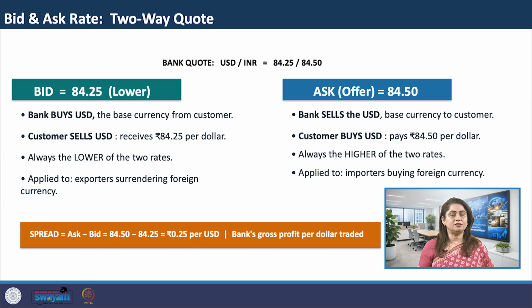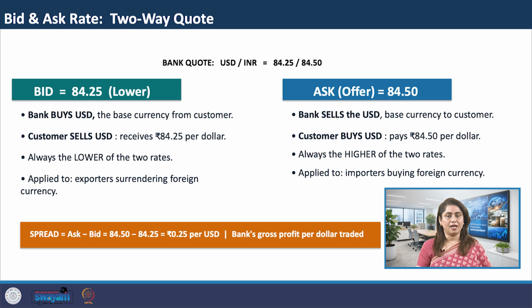The bank charges you 84.50 rupees per dollar, and if you are an Indian importer who needs to pay a US supplier, you come to the bank to buy dollars. The bank sells you dollars at 84.50. You pay 84.50 per dollar you receive, and the spread is equal to 84.50 minus 84.25, which is equal to 0.25 rupees